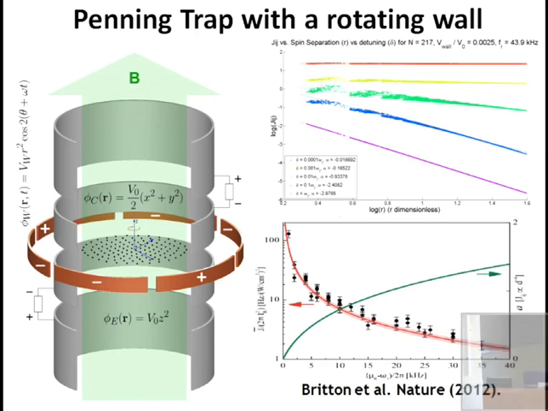John gave a nice introduction to the Penning trap, and so I'm not going to go into great detail about exactly how everything works here because he went over it in much more detail than I'm going to have time to now. The main point is that you have a two-dimensional crystal of ions. It's a rotating crystal. We've been able to benchmark what's coming out of the experiments with theory. This is